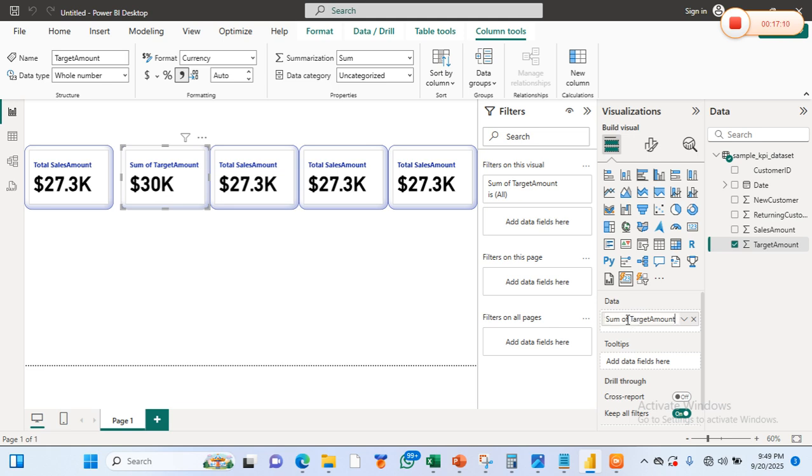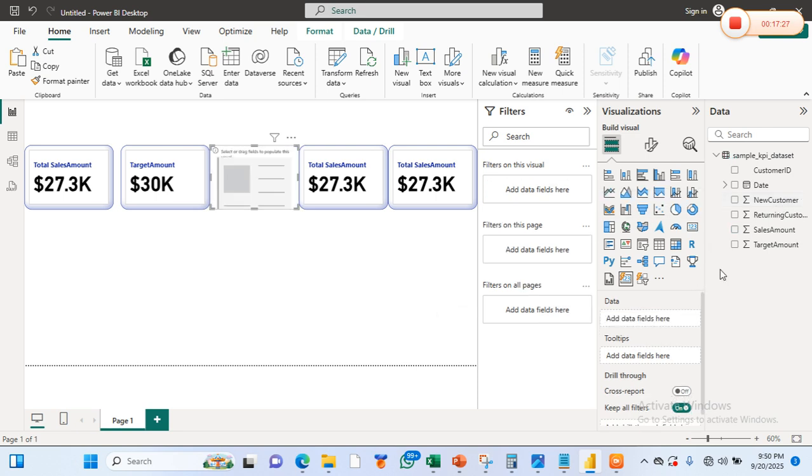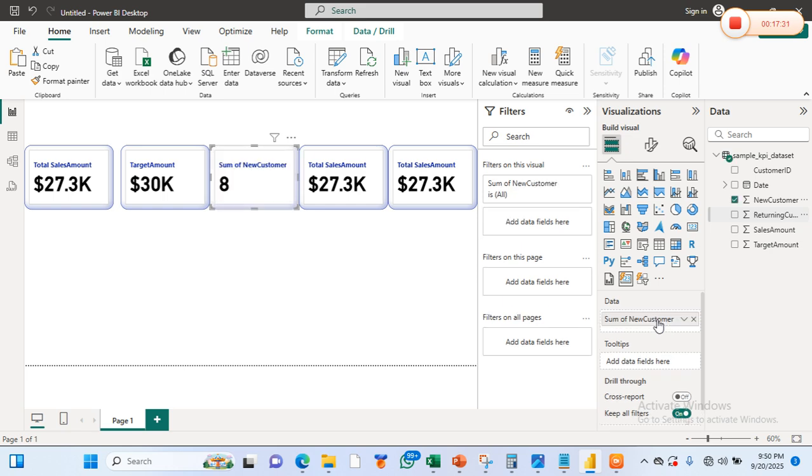So let me remove the sum. Target amount. Fine, beautiful, right? So we can also look at the number of new customers that we have acquired over time. Eight is the total number of customers that we have acquired over time, right?